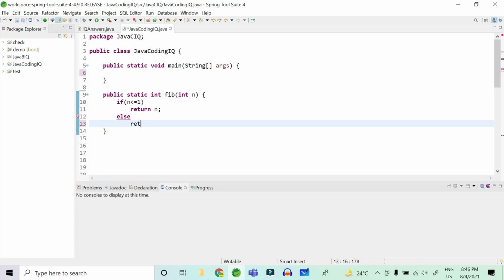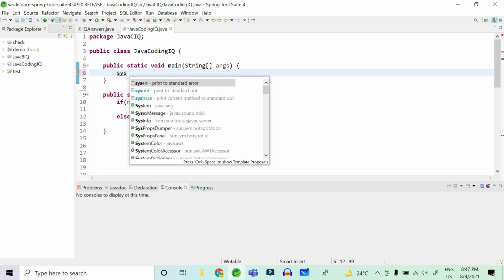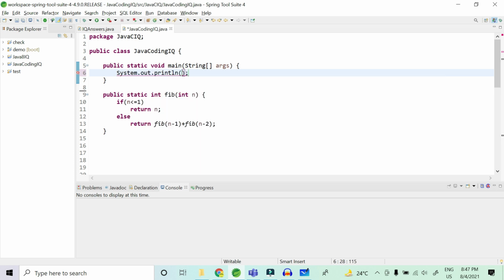Here we will return the summation of the two previous numbers, that is fib of n minus 1 plus fib of n minus 2, and inside the main function I'm going to print this.